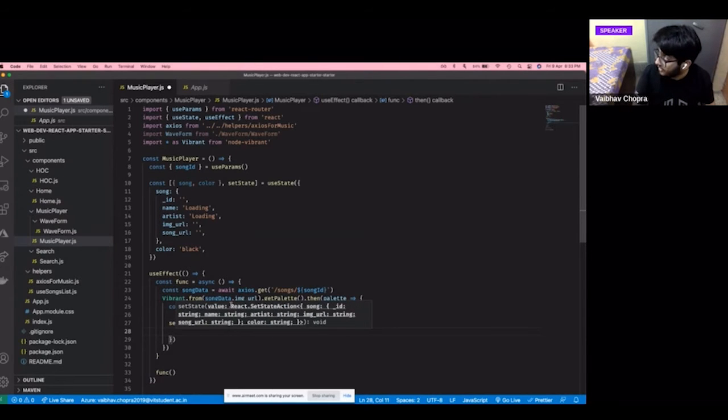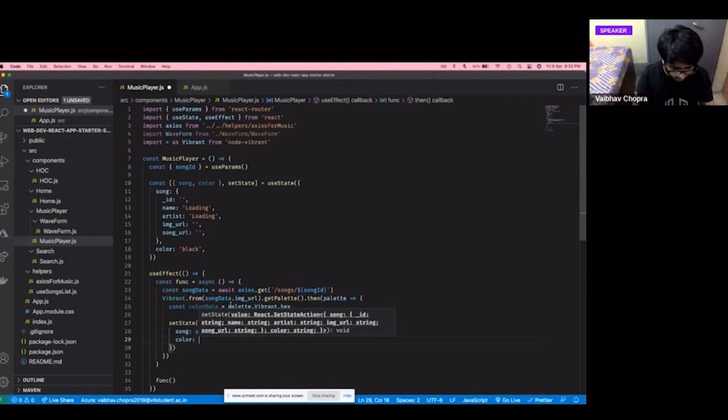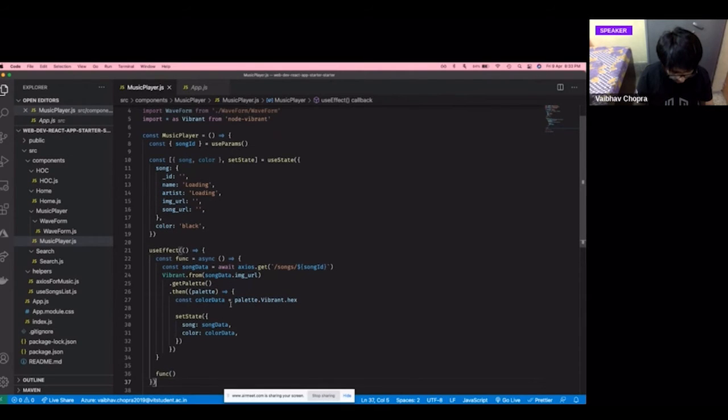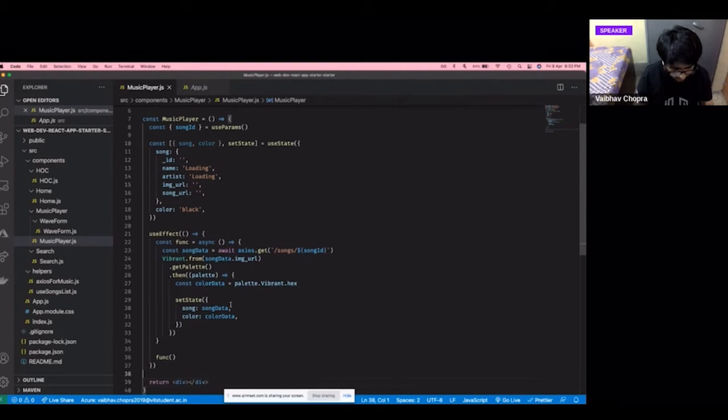I'll set the song data, and now the colors, where it will be color data. We have both the data which we required, and we'll save it. And this whole function will get called every time the song ID changes. Like I said, you have to set up your dependencies properly.